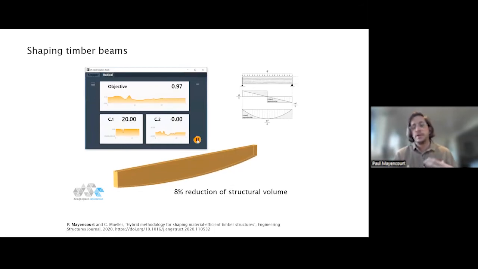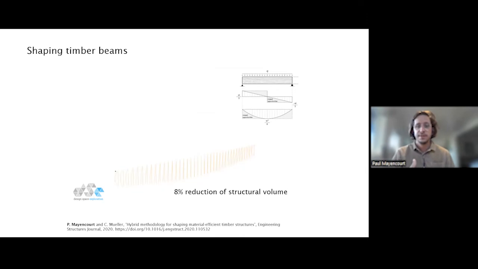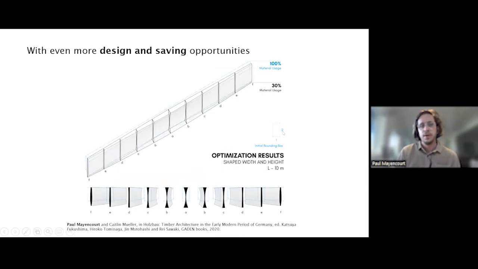It's not a very big savings. So you could think about whether this is worth it in terms of the effort that you have to go through to shave that material to save 8%. But if you push this technique a bit further to more design opportunities or more wild changes in the section, you can see here that this method has also been pushed to extremes, and in some cases you can save up to 70% of material in a beam by changing how we use the material and putting material where it is the most effective.